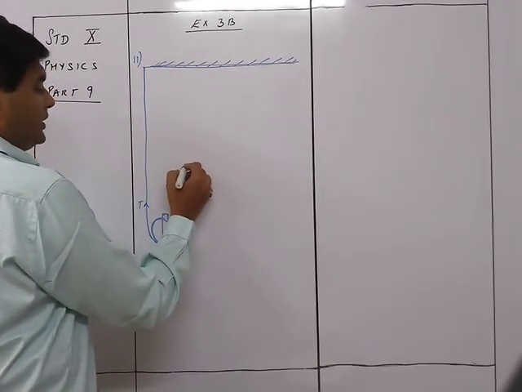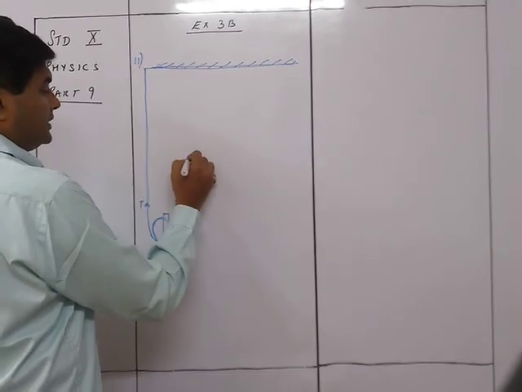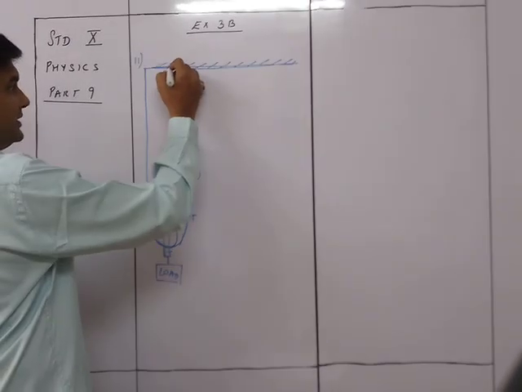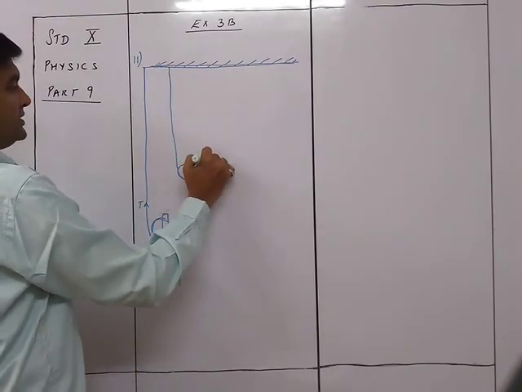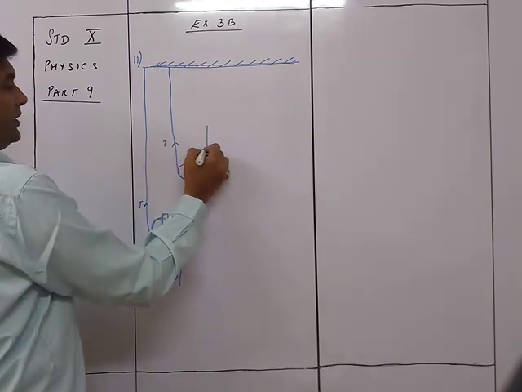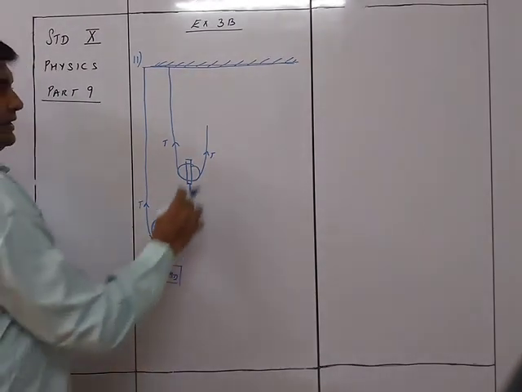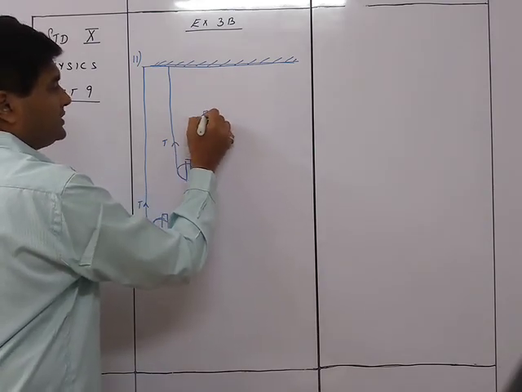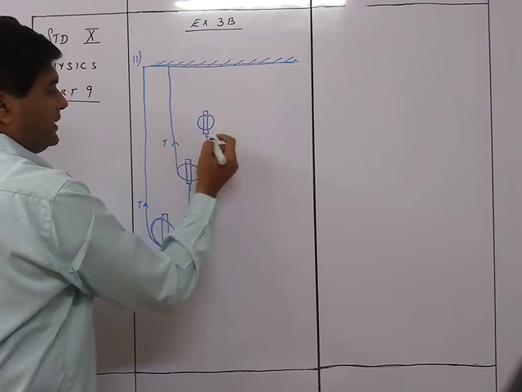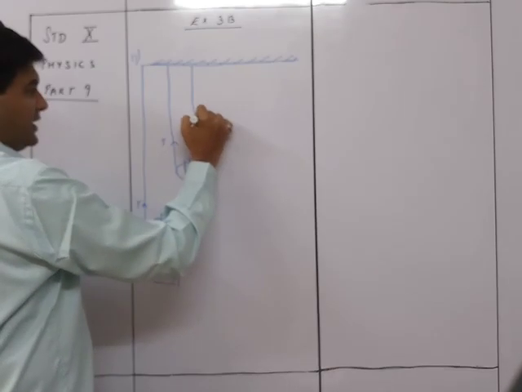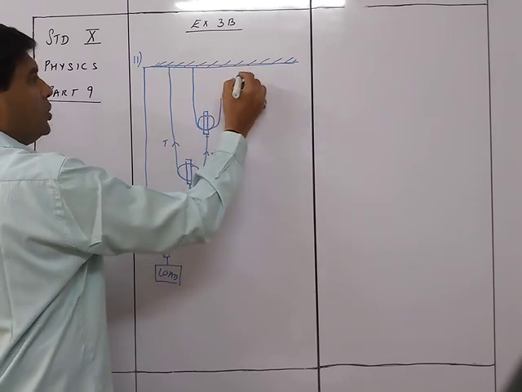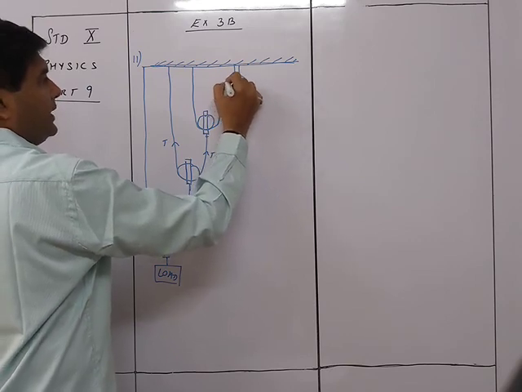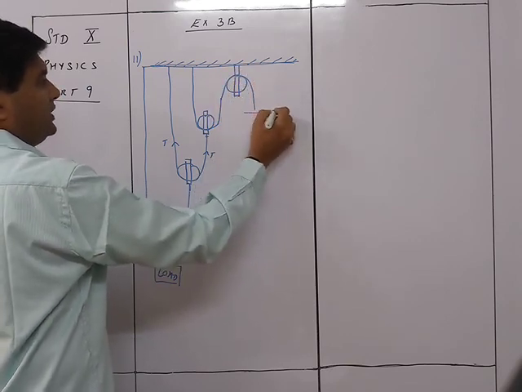This one is connected over here to another pulley, which is the load for this other pulley, and this again is a movable pulley. Again, it is T over here and T over here. Then this is connected to another pulley, which is again a movable pulley, and there is a tackle connected here. Now this string goes through a single fixed pulley, and this is how the effort is going to be.